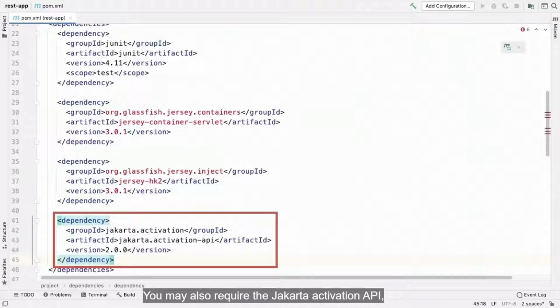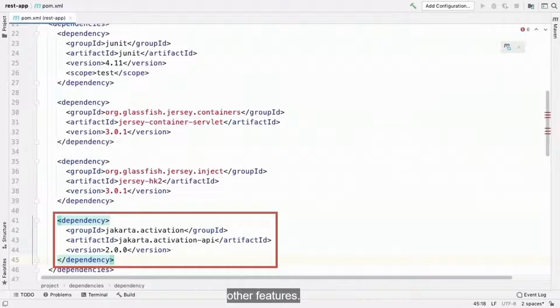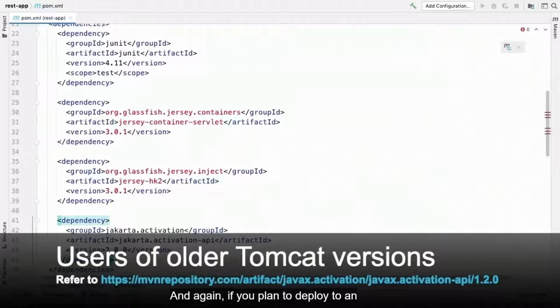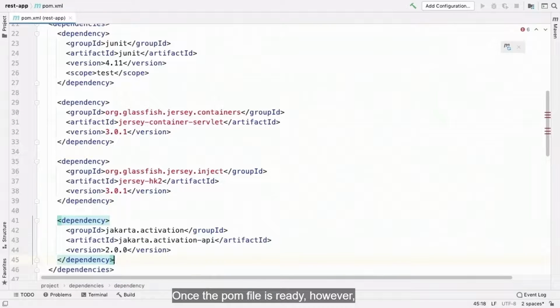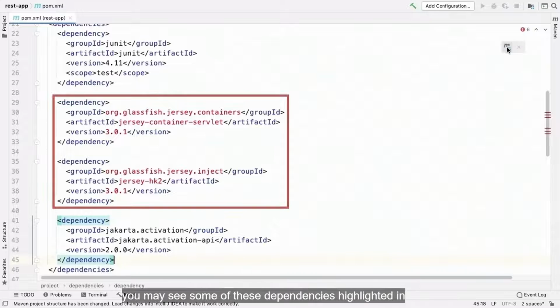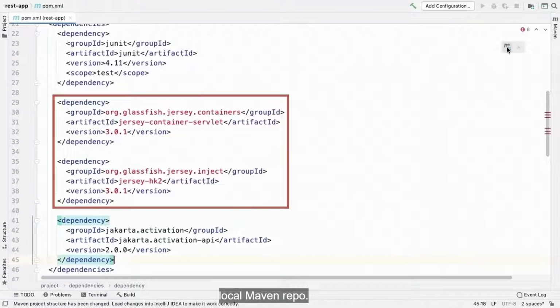You may also require the Jakarta Activation API, which can enable the discovery of operations and other features. And again, if you plan to deploy to an older version of Tomcat, you will need to use version 1.2.0 of the JavaX activation API. Once the POM file is ready, however, you may see some of these dependencies highlighted in red, and this is because these have not yet been loaded into the local Maven repo.